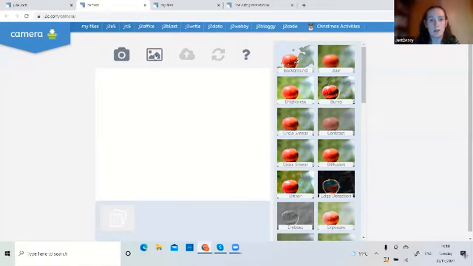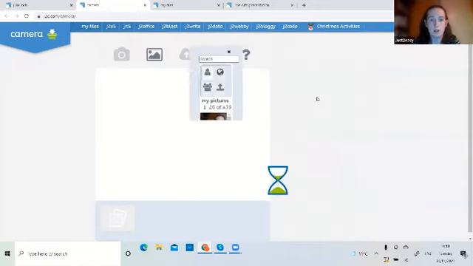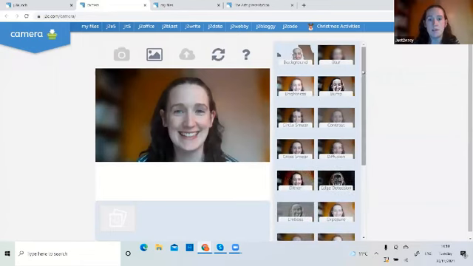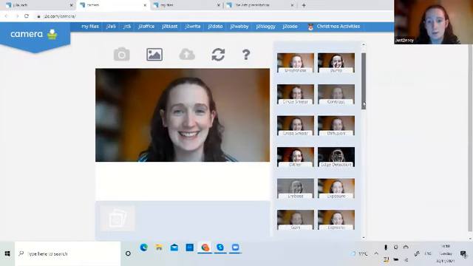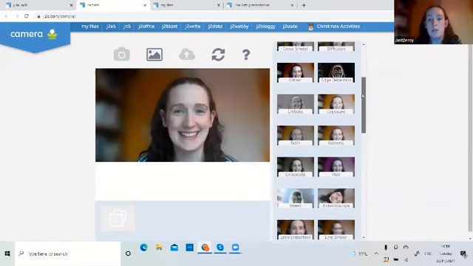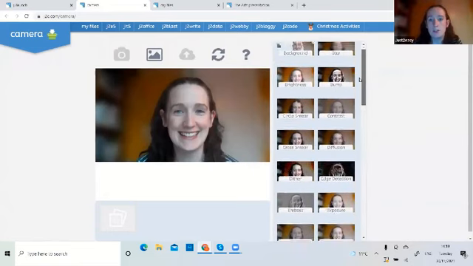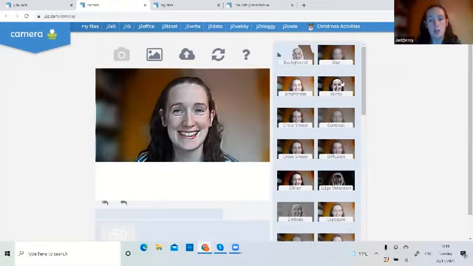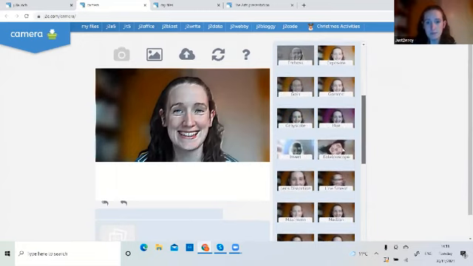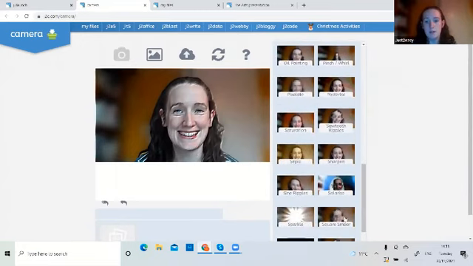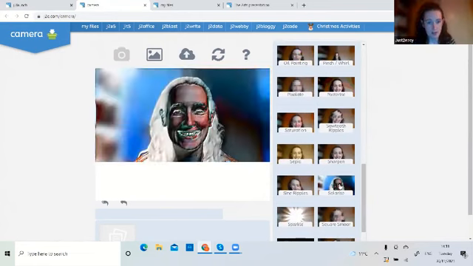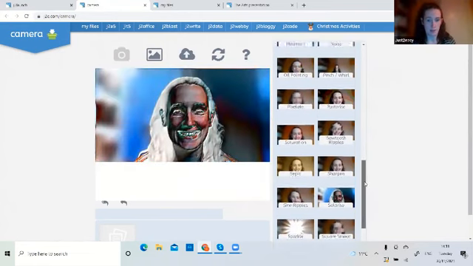Just to show you how it works, I will load up a photograph that I've already got, because what we can do to those photographs is we can add filters. Children can add filters to them, and all these filters on the right. An important thing to note is that what it will do is layer filters over the top of each other by default. That's really great because it allows children to kind of create their own filters by mixing some different ones. But if children don't like a particular filter, it's just going to keep layering on top.